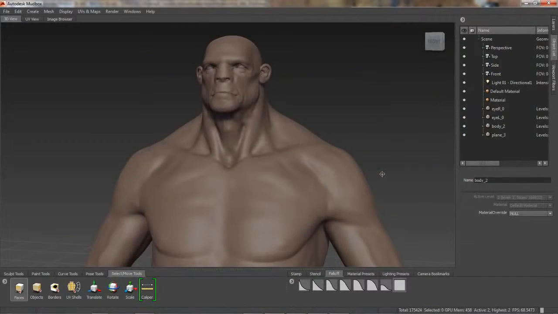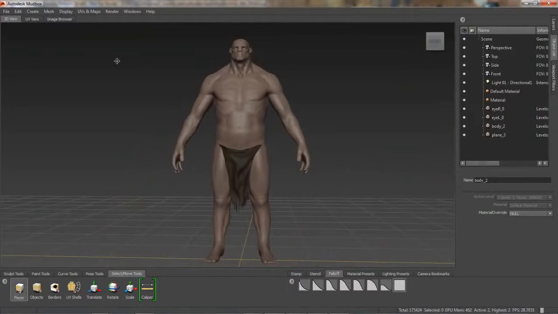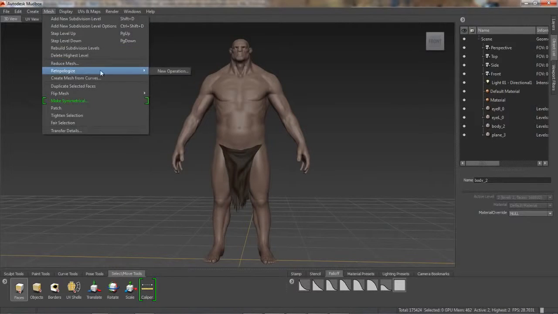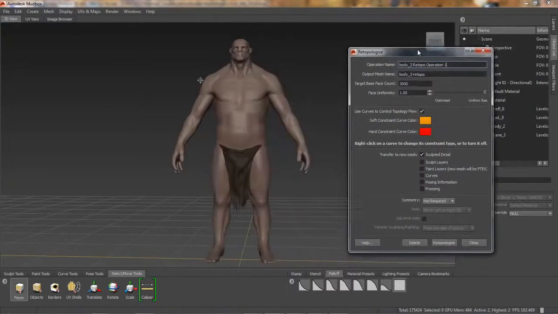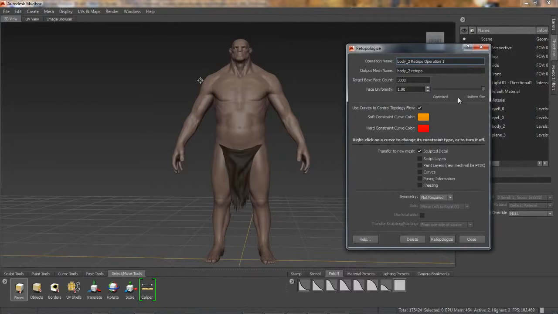The extension for Autodesk Mudbox 2014 offers new support for real-world production workflows. Artists can now create topologically symmetrical meshes while retopologizing. Using this troll character as an example, I'll adjust the target base face count, further adjust the face uniformity, and